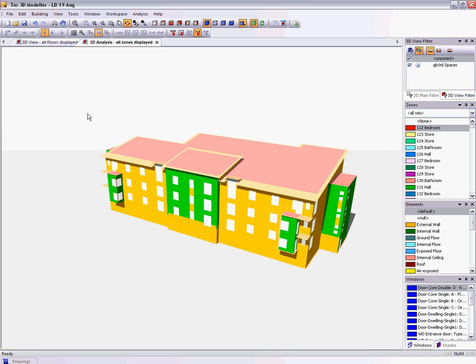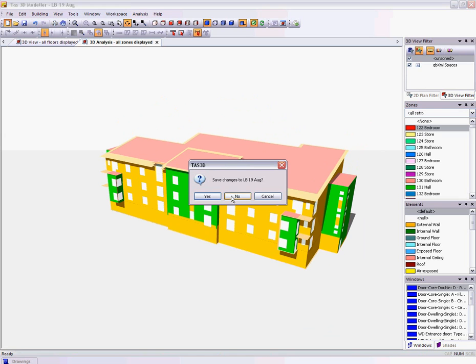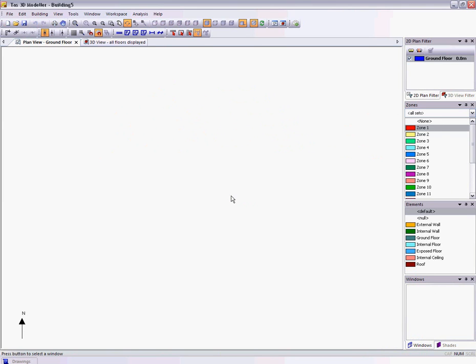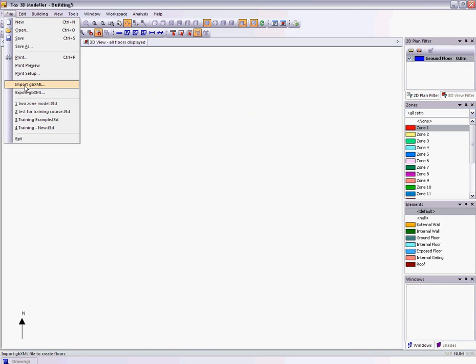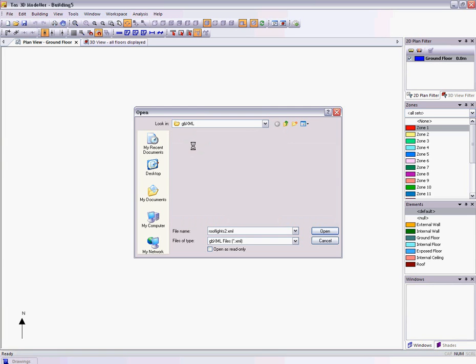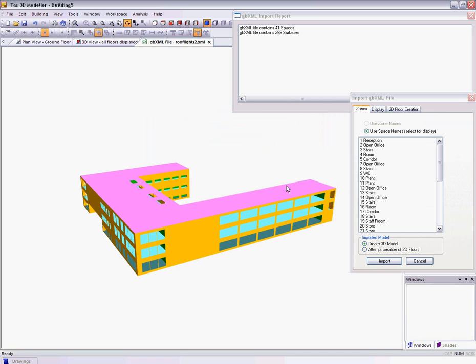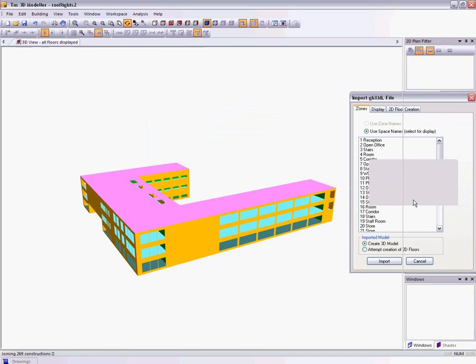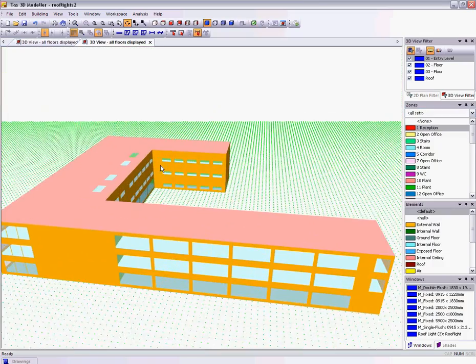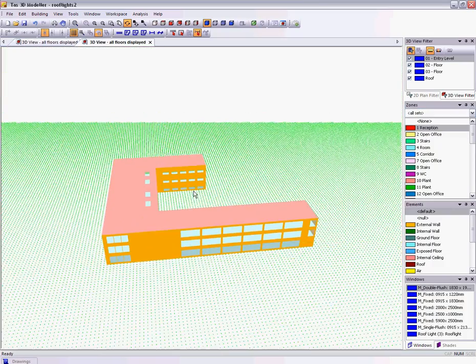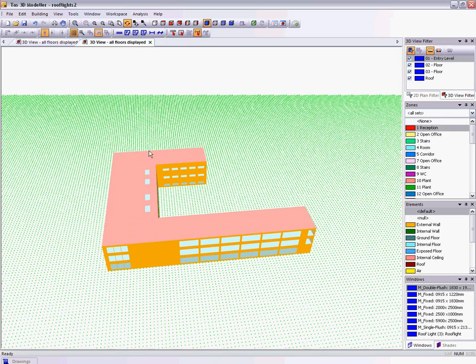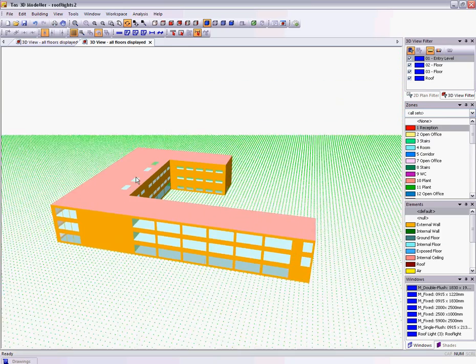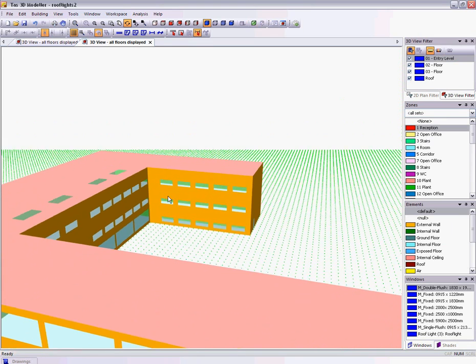In most cases, during the design process, I will want to import changes or revisions to the original model. In this case, I can import an updated version and merge those changes into my model. To show an example, I'll begin by importing a very simple gbXML building. Here I see a building with one wing longer than the other, and where Tas has detected gaps and holes